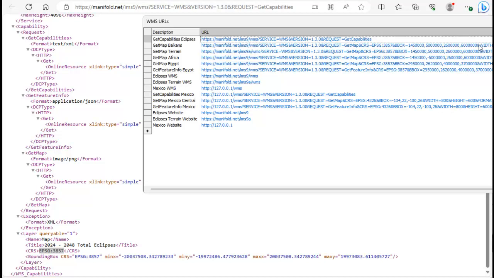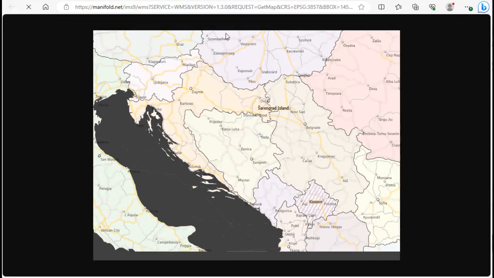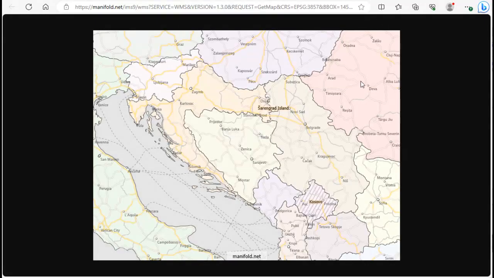takes a bounding box in those coordinates, and it says the height and width of the resulting image that we want to generate and the format that we want that image to be in. And in this case, it's always going to be PNG, image PNG. So I'm going to right click on that, choose open URL, and that's going to open up that URL in the browser. And what that URL does is it generates a GetMap request, which uses a bounding box of these values with a width of 800 and a height of 600. And the result is an image that's 800 pixels wide by 600 pixels high, which encloses the bounding box of